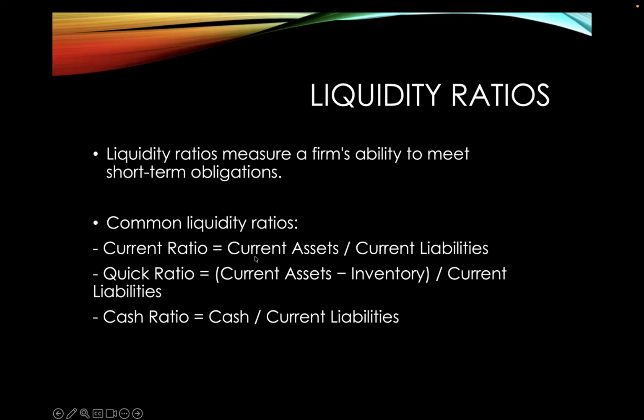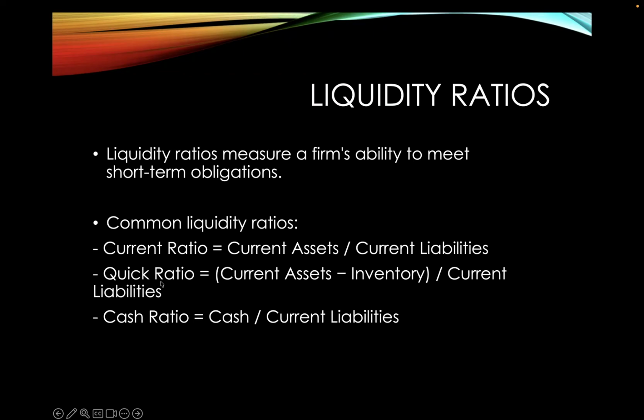We have defined what's current. We said current is something that will mature or that you plan to hold within the year only. Some common current assets are your cash, accounts receivable, inventory. Current liabilities are accounts payable, accrued expenses. Then we have the quick ratio. The formula is current assets less inventory over current liabilities.